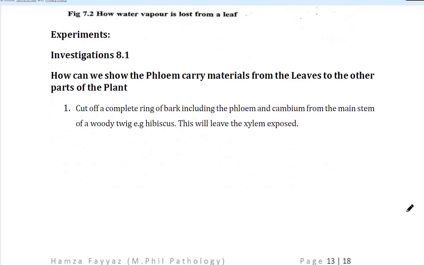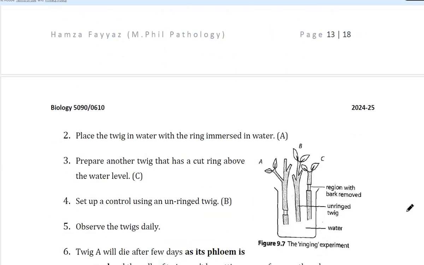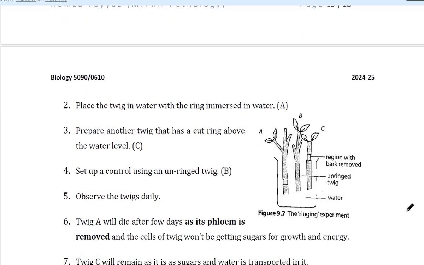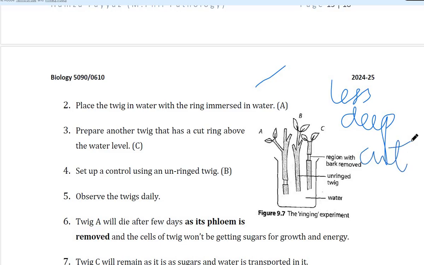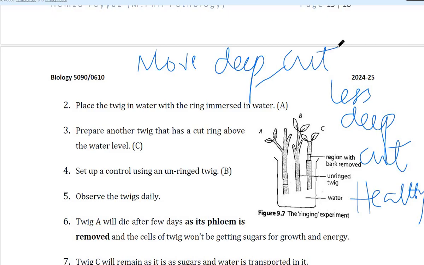Now how we have to show that phloem carry materials from leaves to other parts of the plant? ठीक है। इसमें हम क्या करते हैं, एक प्लांट लिया, उसके अंदर इतना गहरा कट लगाया कि जाइलम भी कट गया, फ्लोएम भी कट गया। उसमें हम देखेंगे वो वाली ट्विग जो है ना विल्ट कर जाएगी, क्योंकि ना वाटर जा रहा है, ना शुगर की ट्रांसपोर्टेशन जा रही है। लेकिन एक के अंदर हमने लेस डीप कट लगाया, और लेस डीप कट से क्या हुआ कि फ्लोइंग अभी था और शुगर्स और अमाइनो एसिड्स की ट्रांसपोर्टेशन चल रही थी। ठीक है। अब उससे क्या हुआ कि वो वाला जो ट्विग होगा इट विल रिमेन हेल्थी। तो जब हम मोर डीप कट लगाएंगे, जाइलम भी काट दिया और फ्लोएम भी काट दिया, तो फिर क्या होगा, लीफ प्लांट विल डाई, क्योंकि ट्रांसपोर्टेशन का सारा सिस्टम ही खत्म हो गया। और जब हम स्टेम में एक छोटा सा कट लगाएंगे कि फ्लोइंग भी अभी कुछ इंटैक्ट है, तो फिर ग्रोथ ज़्यादा बेहतर हो।